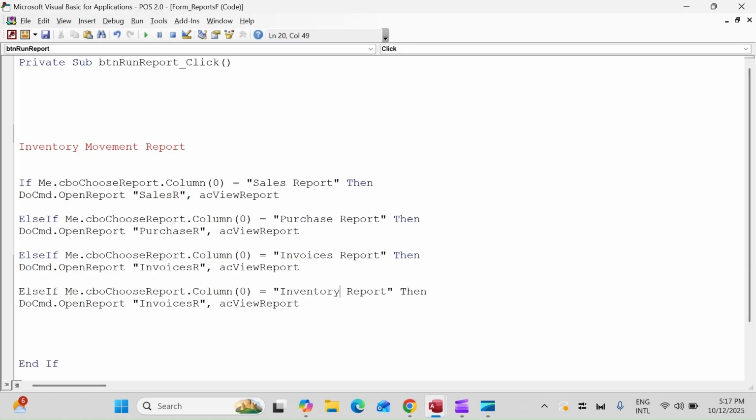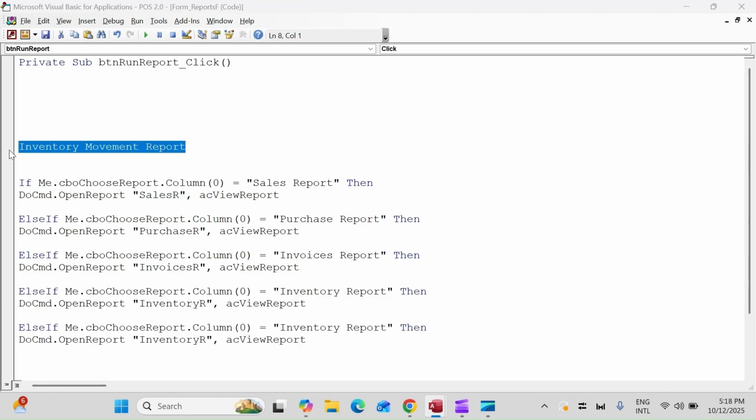and the name of the report would be inventory R. All right, so that is also done. The last one is inventory movement report. Let's copy paste right here. And which report should we open? Inventory movement R. All right, so